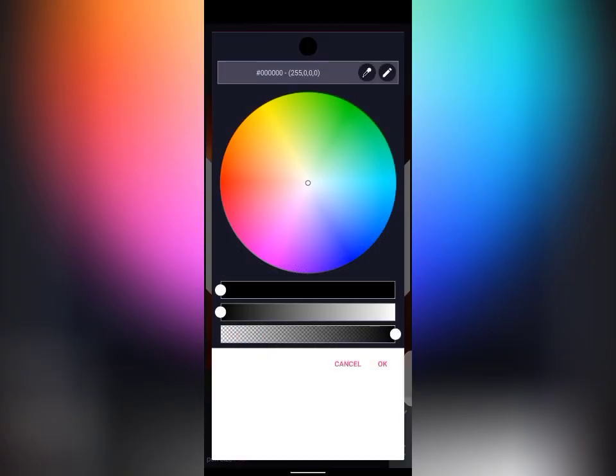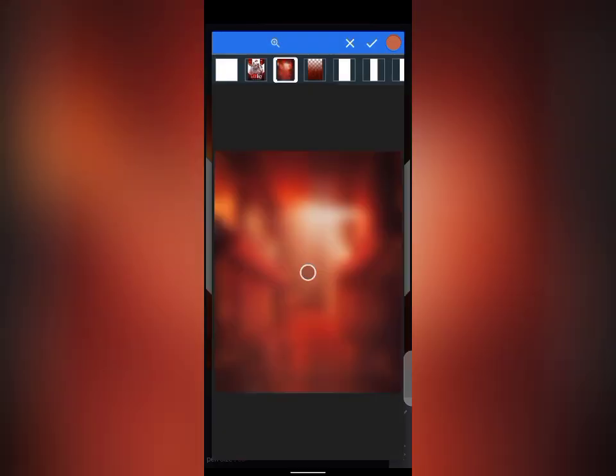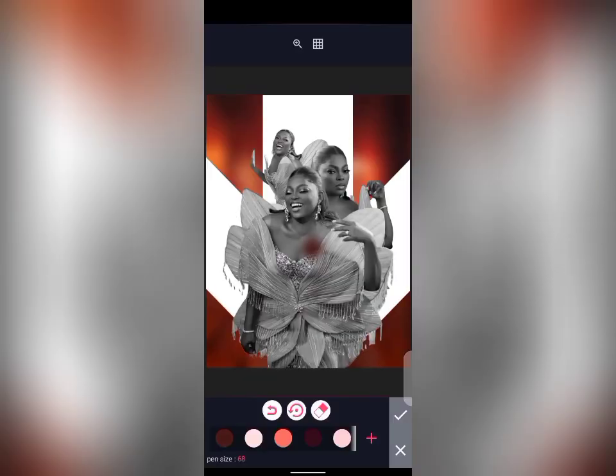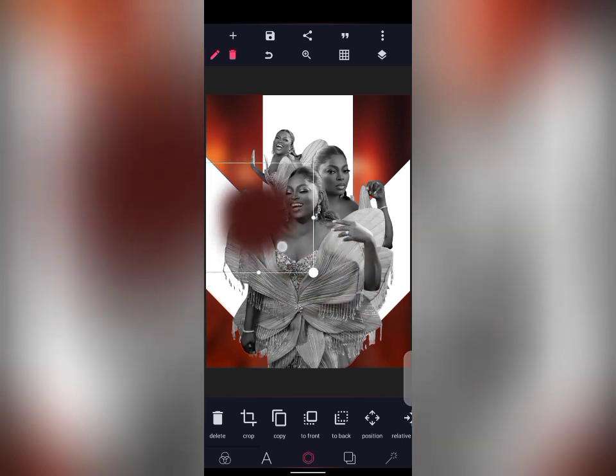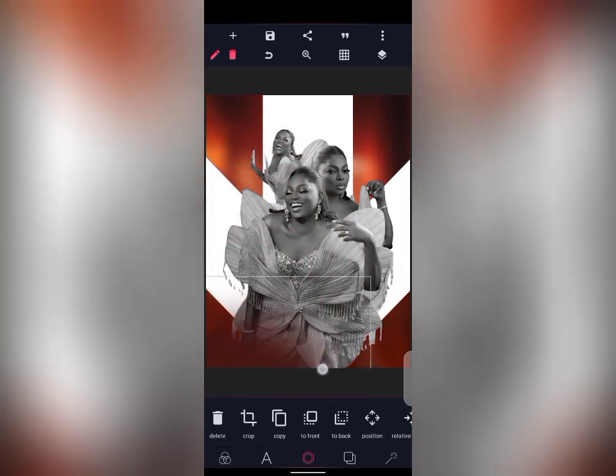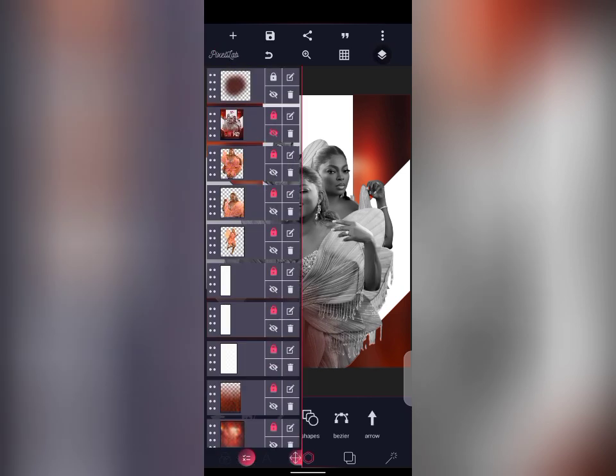Then I went down, I picked my color picker, pick this color, dark red. Then I just tap on the screen, tap again, tap again. I think one tap is okay, but I just decided to do it like this, but one tap is actually okay. Then I'll just fade it like this,